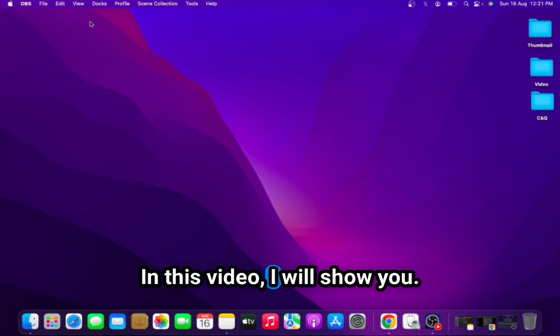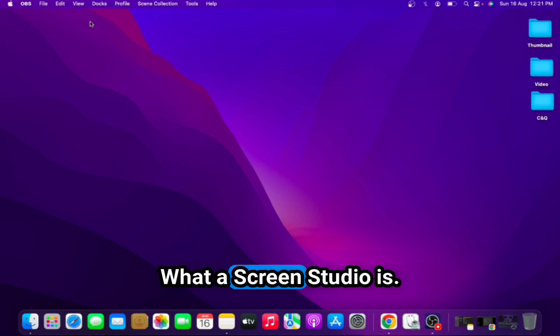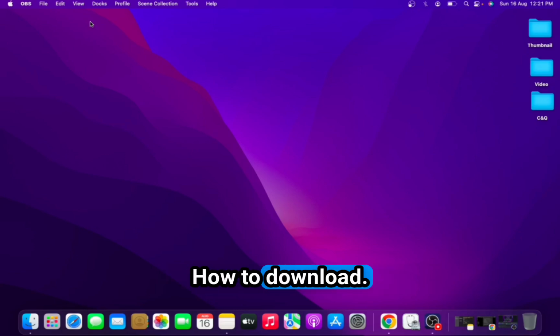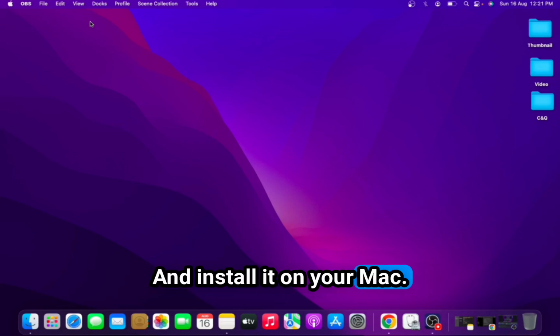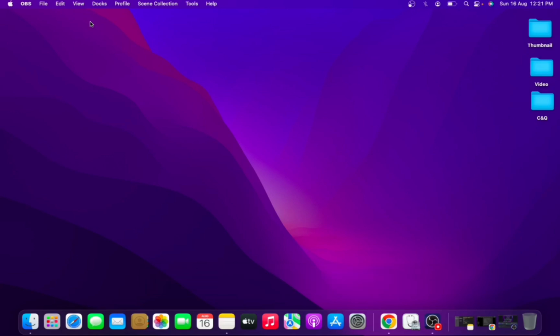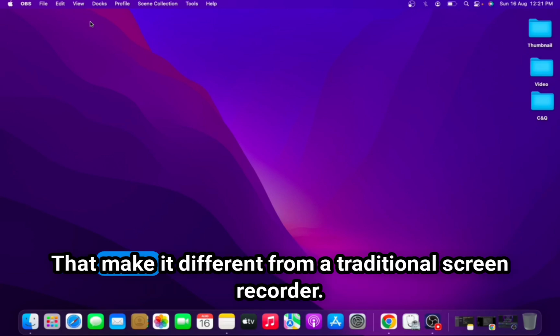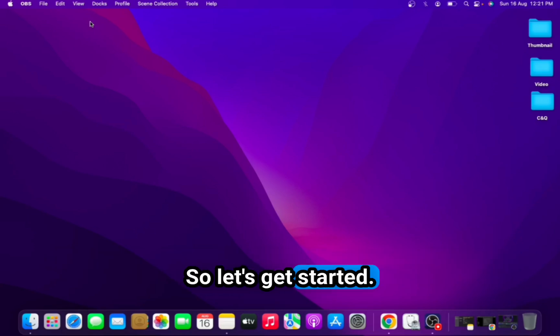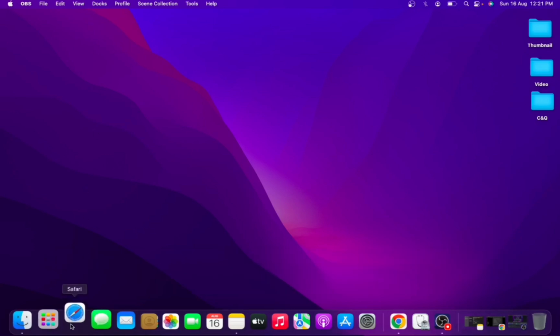In this video, I will show you what Screen Studio is, how to download and install it on your Mac, how to record your screen, and some of the features that make it different from a traditional screen recorder. So let's get started. First, open your browser